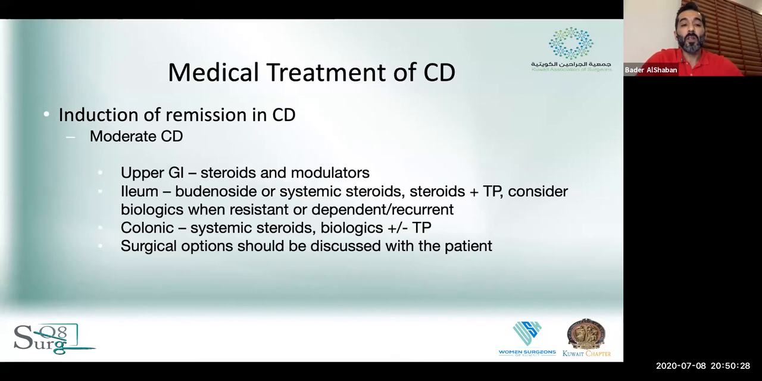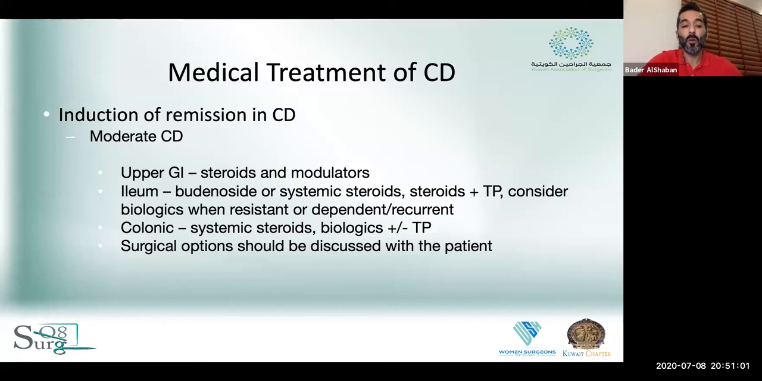When the patient is a little bit more active than mild and is categorized as moderate Crohn's disease, it might be worthwhile to jump straight to systemic steroids, and these steroids might either be bridged over to thiopurines or biologics. When it's colonic Crohn's, again, it might be worthwhile to jump into systemic steroids and biologics or thiopurines, and it might be worthwhile to start discussing, or putting into your patient's head, the thought of seeing a surgeon